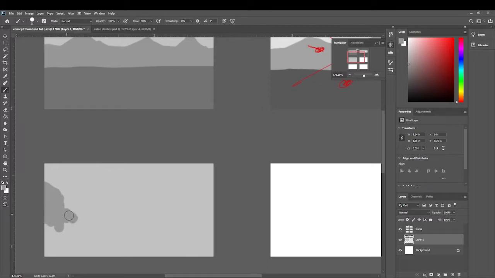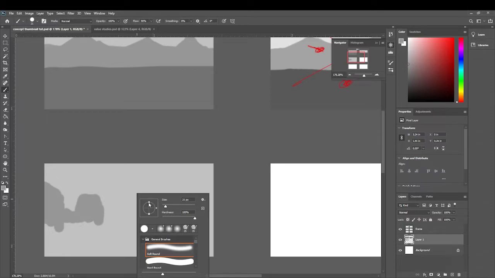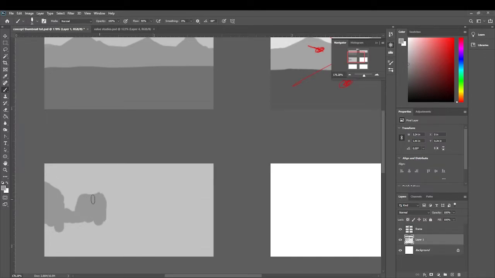It's exactly the same with the dark. Let me change my brush shape slightly. It's the same for our foreground, our dark tone. It's darker than the rest, but it is still within that value system. That can work as our midground, and as our foreground,